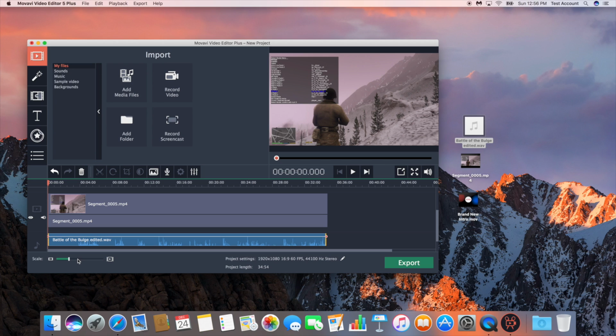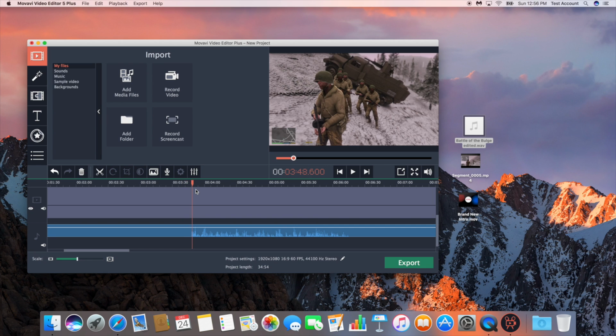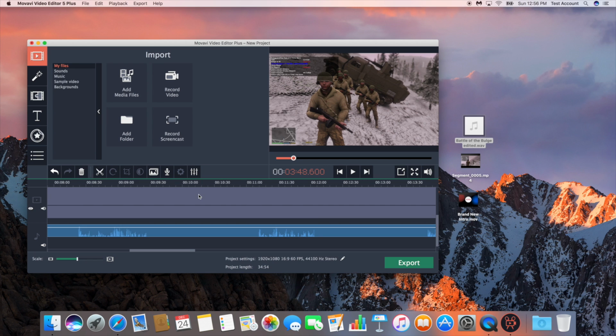So what we're going to do is zoom in. We're going to go down here. And then what I need to do, and like I said, most people probably don't have to do this, but I do because of the way I record my videos. I need to sync up the commentary with the video. Like in movies where they say action and they slap the thing,